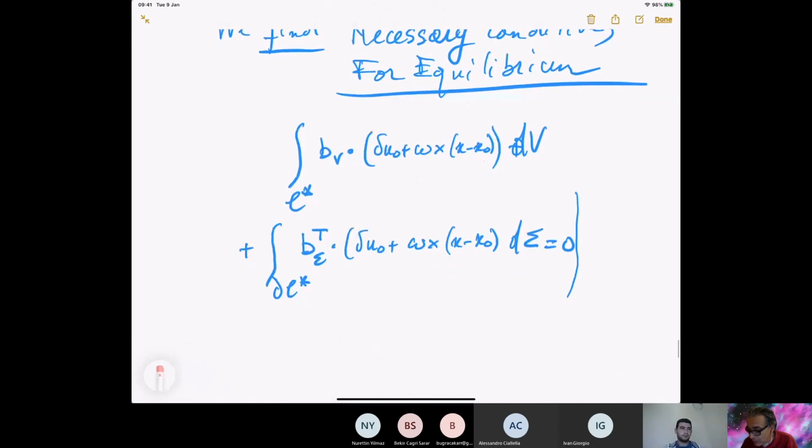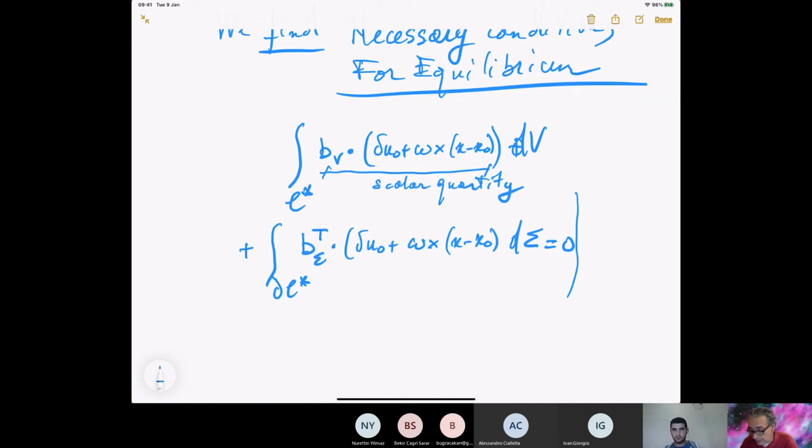Okay, now I want to replace in these integrals the variables. So instead of calculating, consider that this is a scalar quantity. Okay, so I can easily